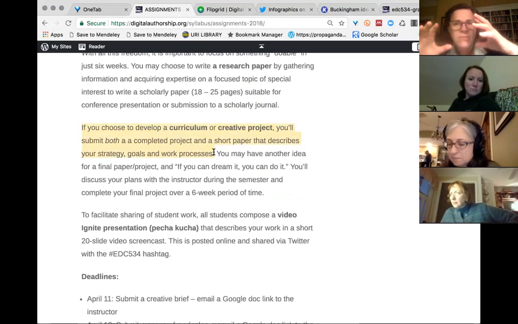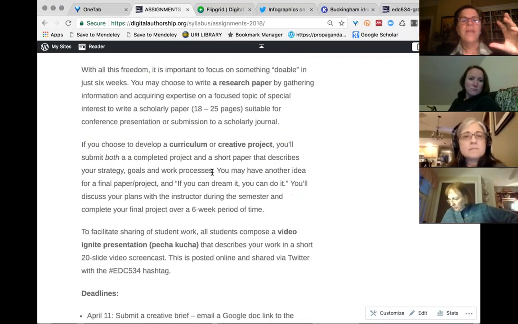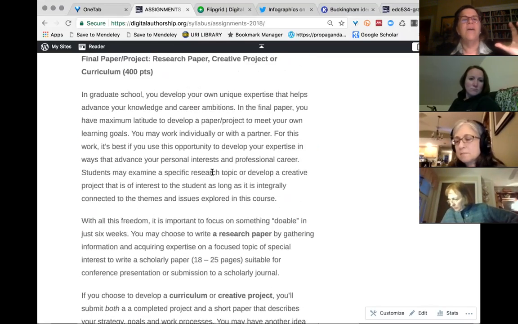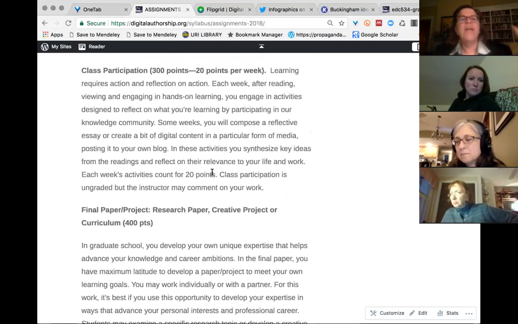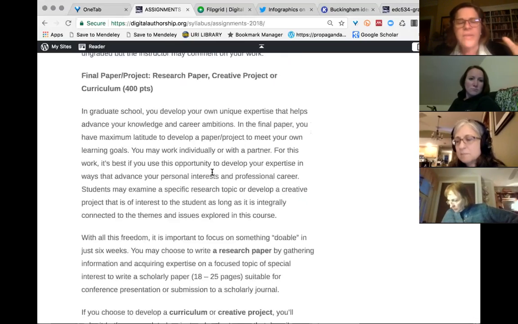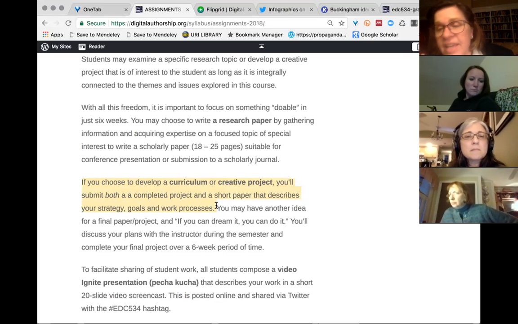But in order for me to make sense of that work, I need to have another document, a framework that allows me to make sense of that document. So it says here, if you choose to develop a curriculum or creative project, you'll submit both that creative project and a short paper that describes your strategy, goals, and work processes.